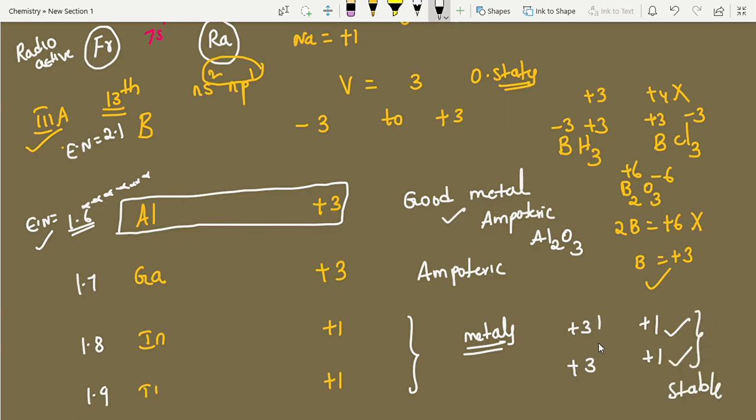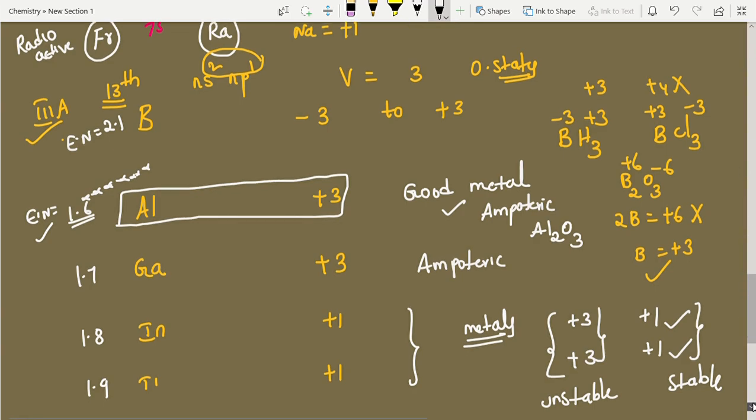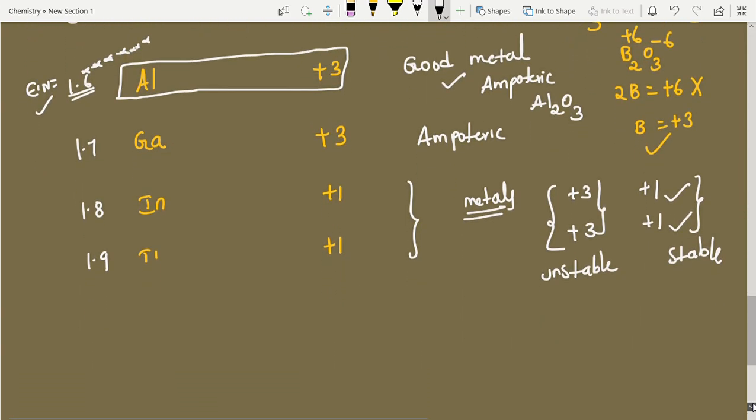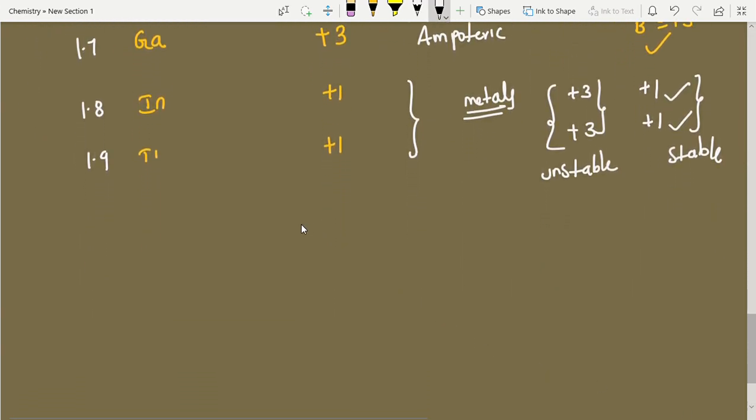+3 is unstable in case of indium and thallium. What is the reason? Due to inert pair effect. So what is the general electronic configuration? Just now we have taken ns2 np1, right? As we move down the group,